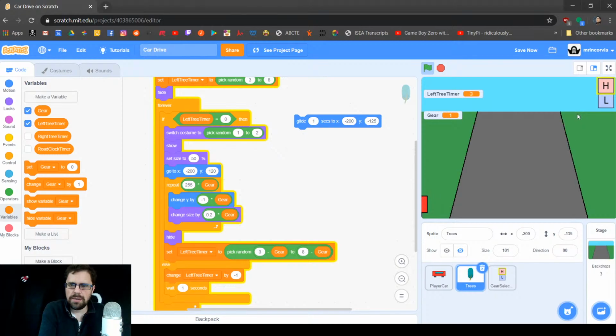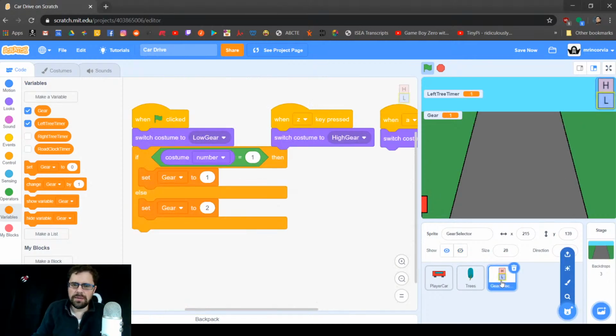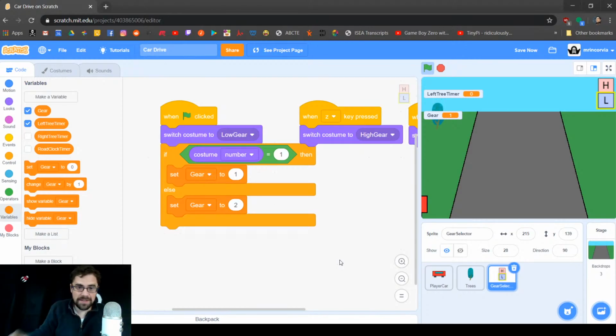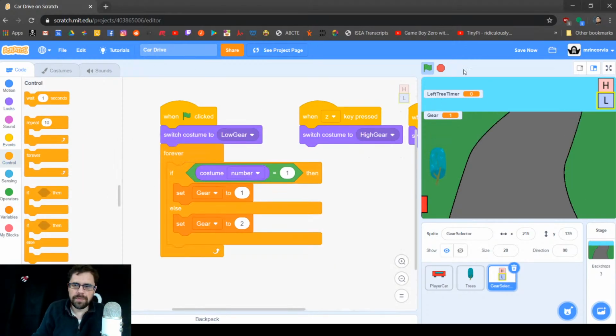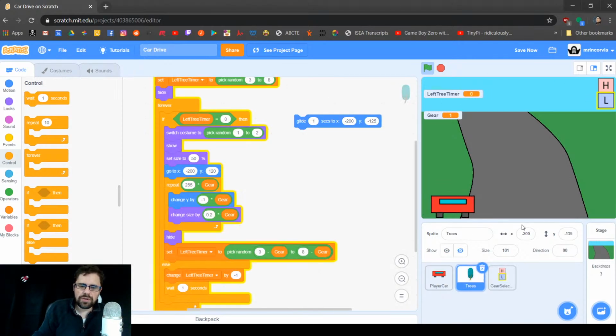Why? Why? Oh, I don't have this in a forever loop. I thought that might be the problem. Boom. All right. So we got low speed right now. So the tree should be going at regular speed, right? Now if we go to high speed,